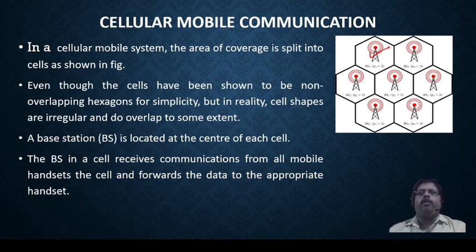by drawing some lines. Cell means every mobile tower will be given certain bandwidth, and it sends the signal in all directions. Like this you can see, and when it sends a signal it creates a cell, and that cell is the range of a tower or a base station, what we call. And the mobile system is split into a number of cells as shown in the figure.